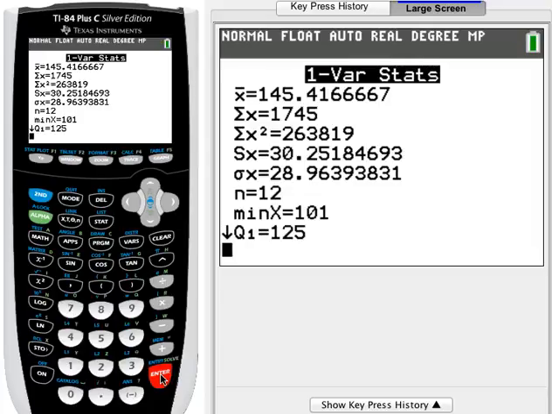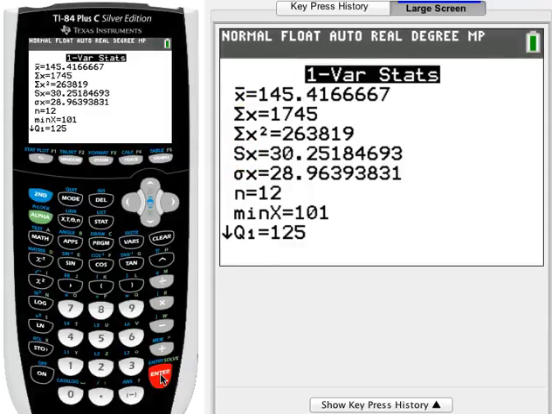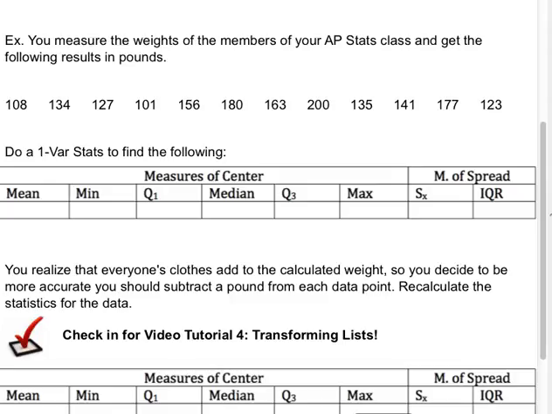All right, and here we go. When we're looking for all these things, remember we have mean, standard deviation, and then we start diving into the five-number summaries down here at the bottom of the list. All right, so I'm going to go back and I'm going to write in all of these numbers. So my mean,